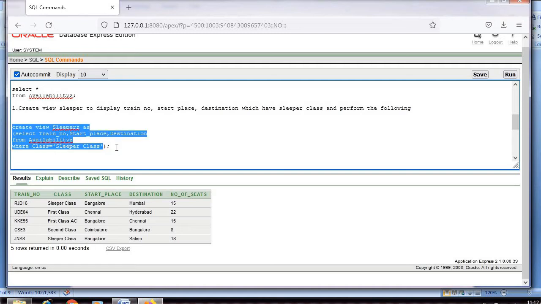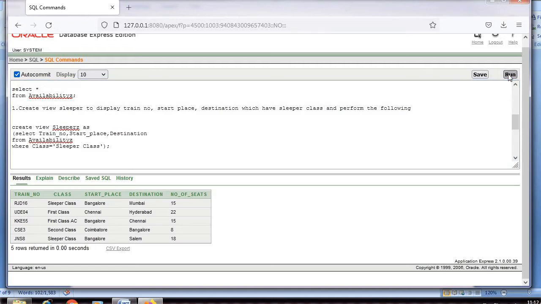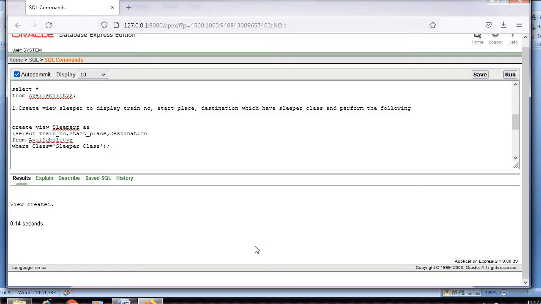Let me select this, run, and then I will explain you. Yes, one view create. So after doing this, you can see down result view created.